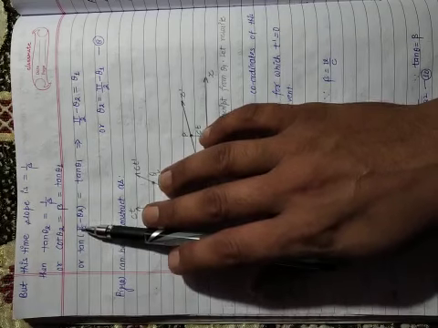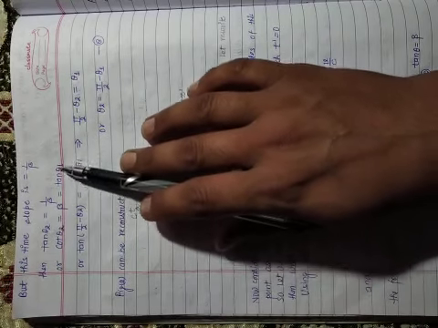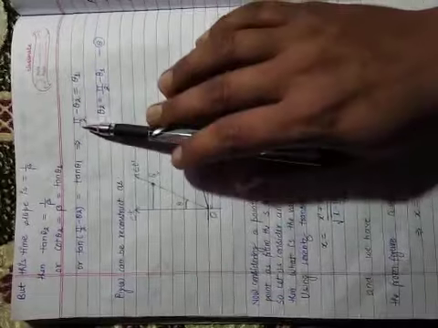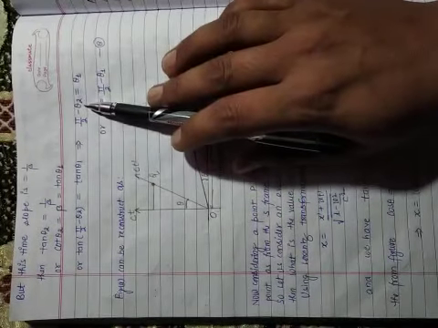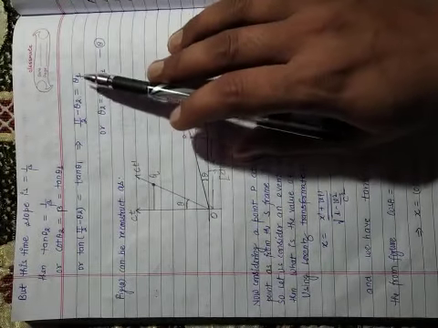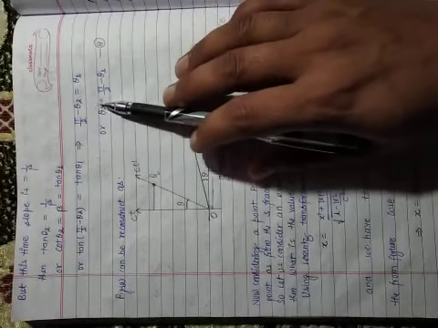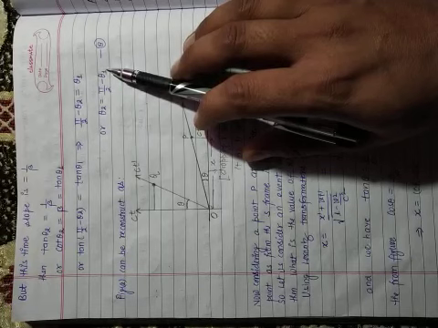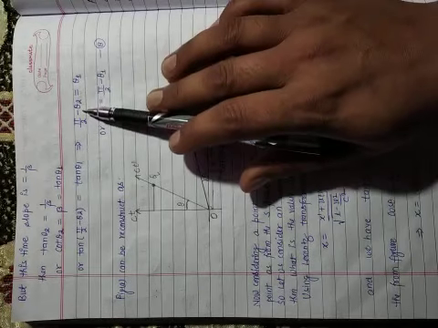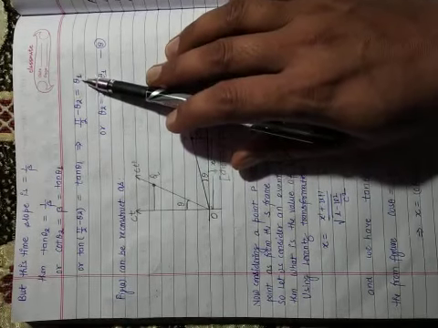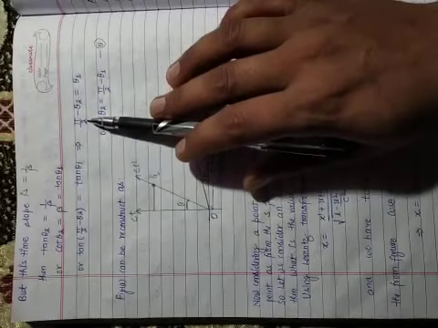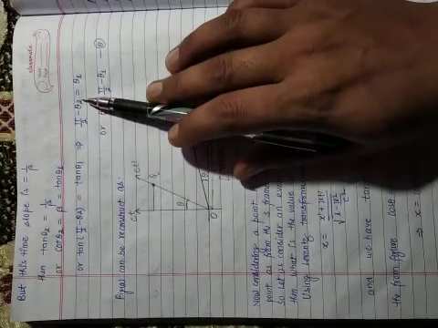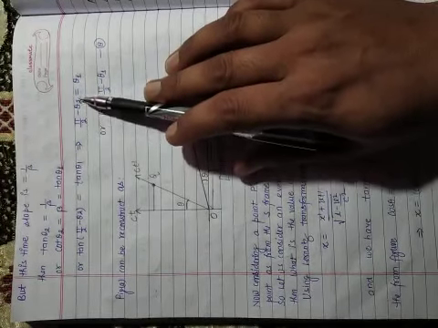So tan(pi by 2 minus theta2) is equal to tan theta1, or you can say pi by 2 minus theta2 is equal to theta1, and from here you can say that theta2 is equal to pi by 2 minus theta1. So the value of theta1 is pi by 2 minus theta2.